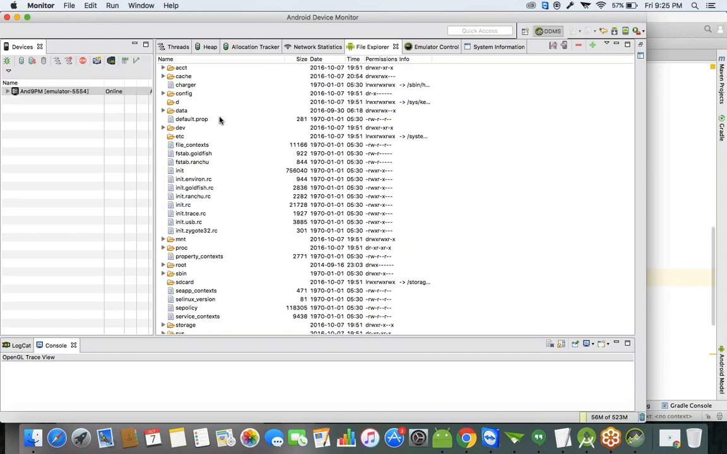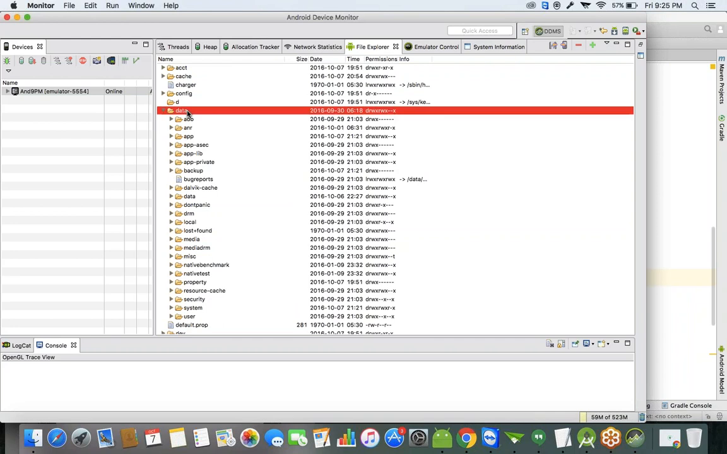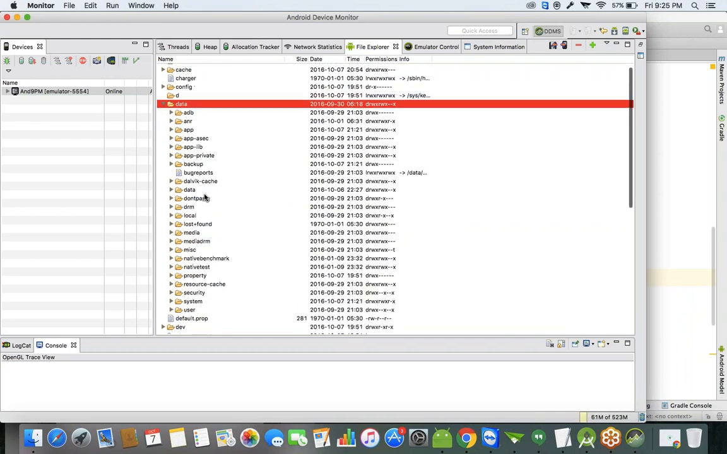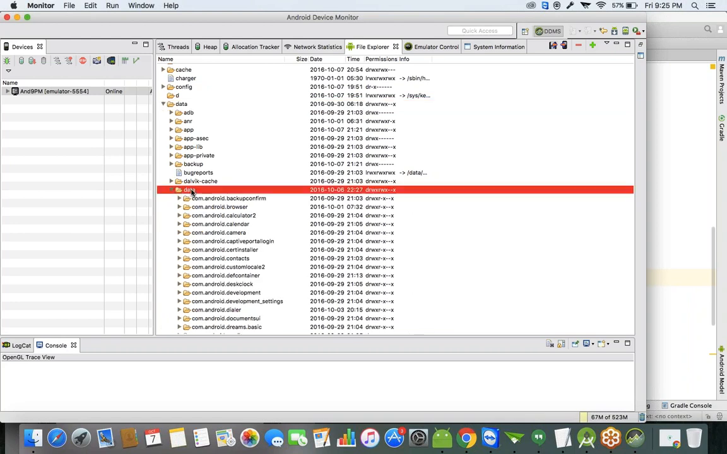you can find a folder called data. In this data folder, you can find one more folder called data. Let's click on this data folder. Inside the data, you can find one more folder called data. Now in this data folder,